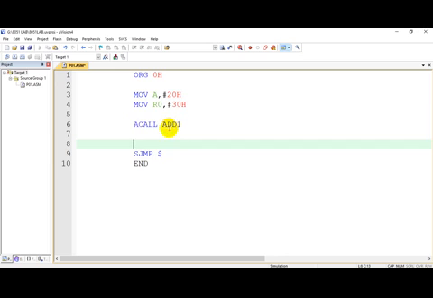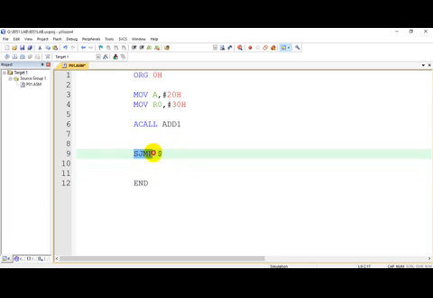Now, where do we write the subroutine? As I have told, the subroutine is always written between your forever loop and the end directive. So you should always write the subroutine after this forever loop. I will write ADD1.